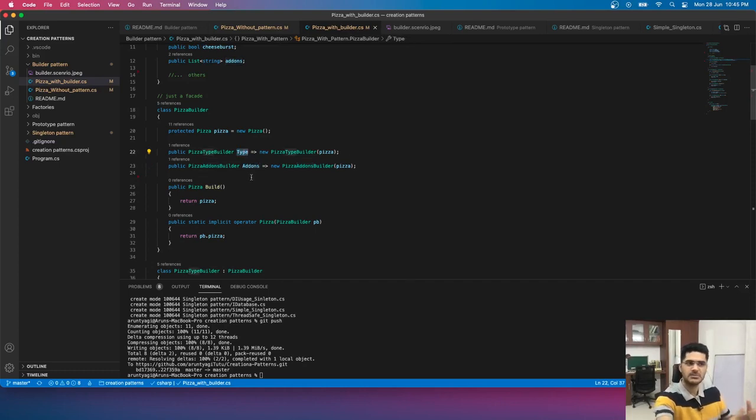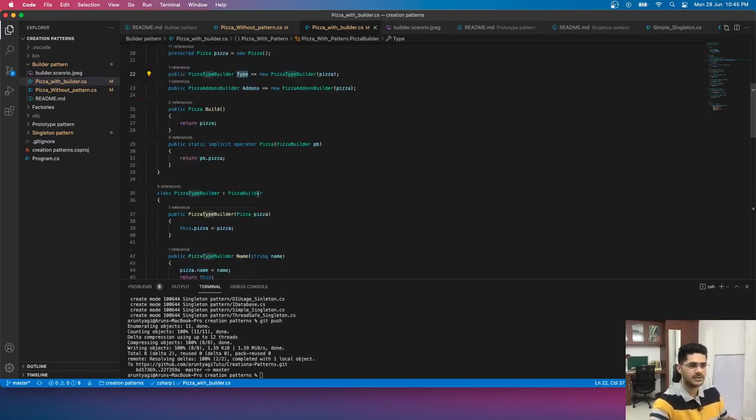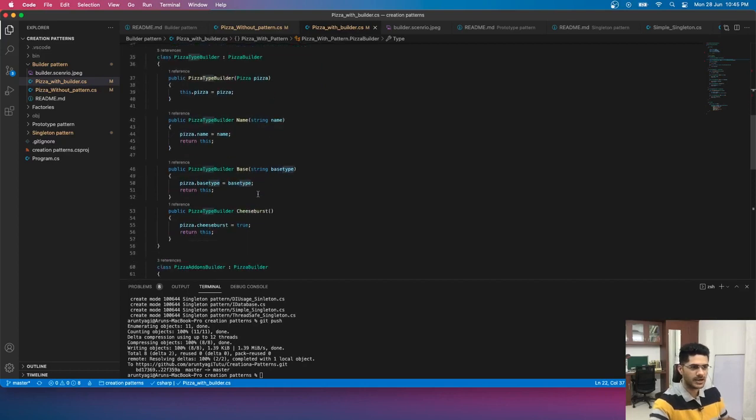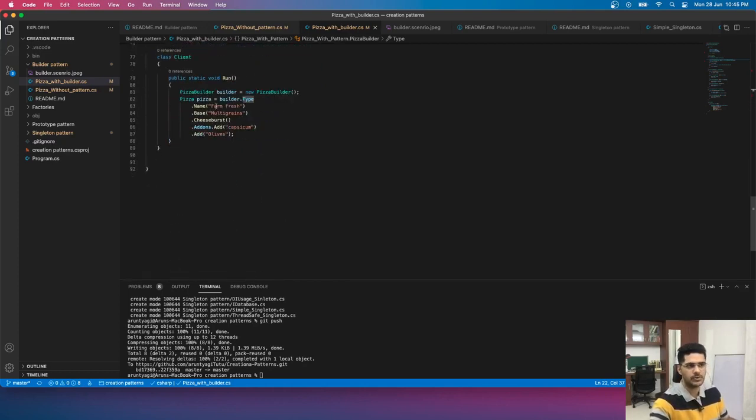So this is nothing but the magic of inheritance, which we are emphasizing here, and we are using that property to achieve this beauty, which we call the builder pattern, right? So nothing complicated here. It is just giving a beautiful way to create objects, right? So that's it about it.